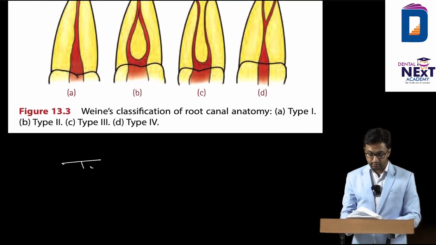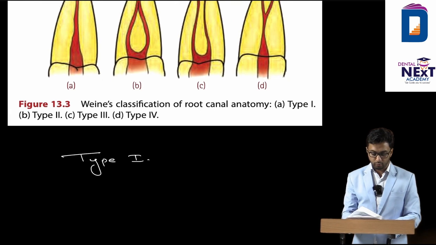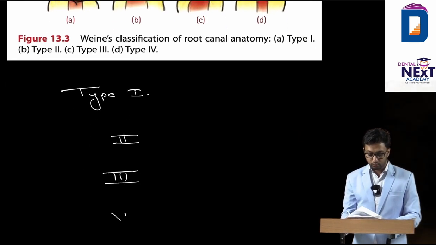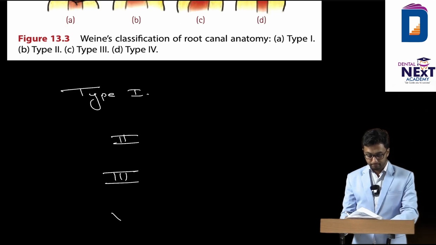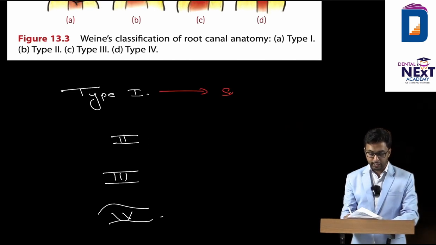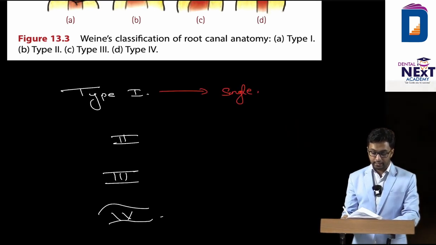It is type 1 there, very simple. Okay, type 1 is there, type 2 is there, type 3 is there, type 4 is there. Easy to know that type 1 is a single canal. The first one and the last one is